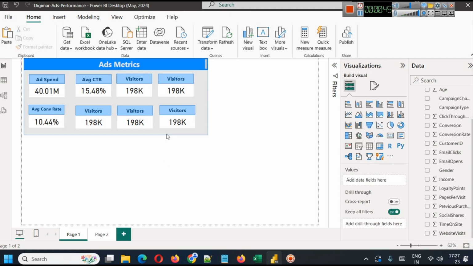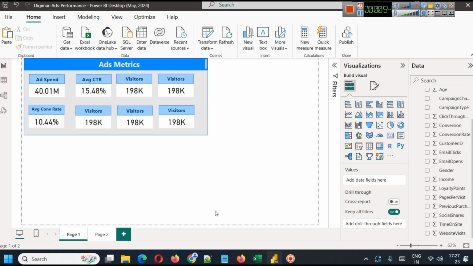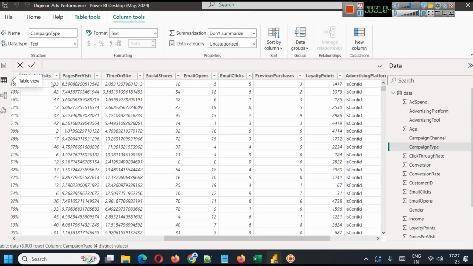Obviously you can later arrange them. So first you start with text, pressing control, you select all of them and you can arrange their horizontal X and Y. Now here we have visitors, and here the metric that we are going to put is,